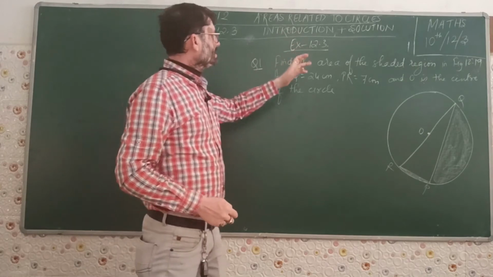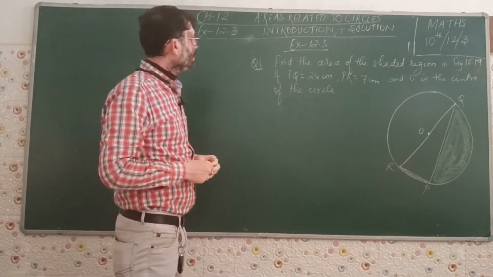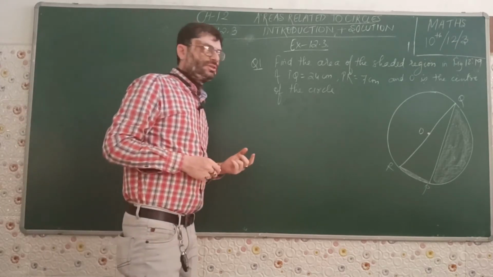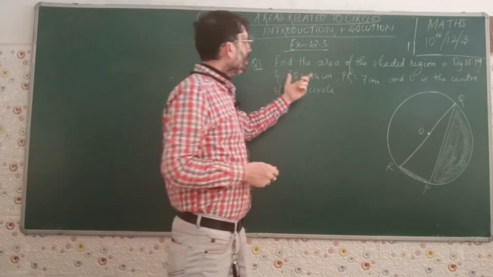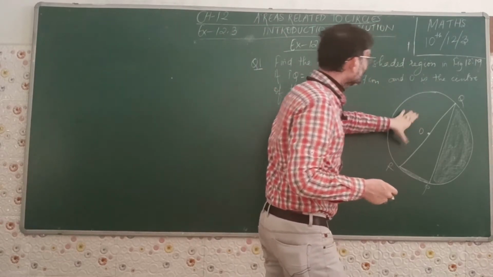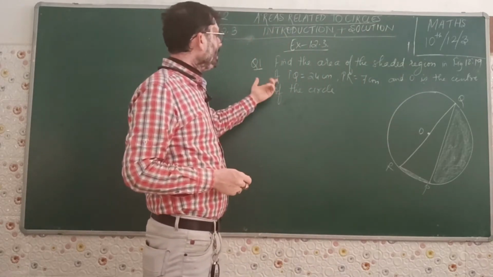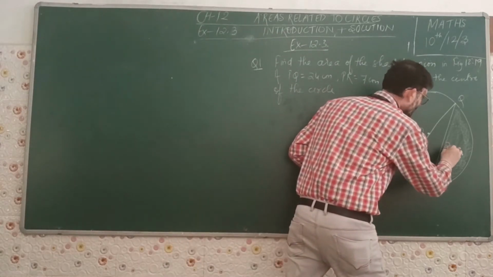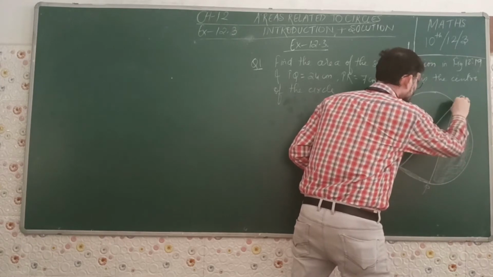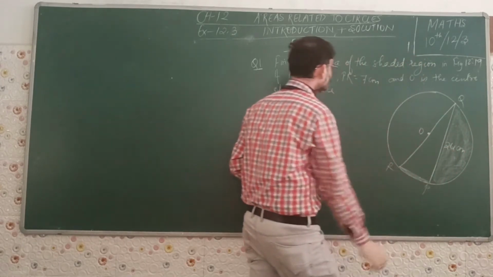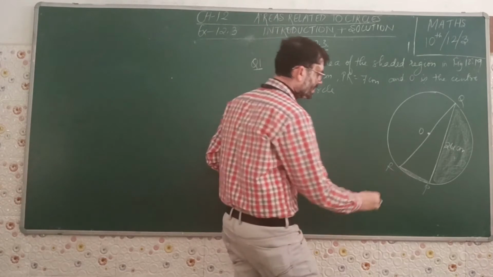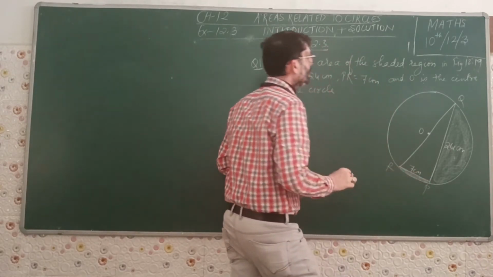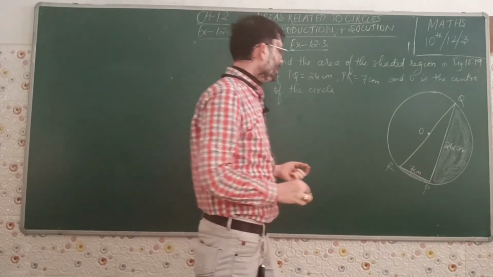Let us begin with exercise 12.3. The very first question of exercise 12.3 from the NCERT textbook: find the area of the shaded region in the given figure, that is figure 12.19. If PQ is equal to 24 centimeter and PR is 7 centimeter,